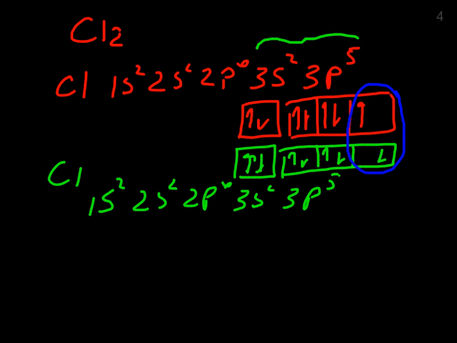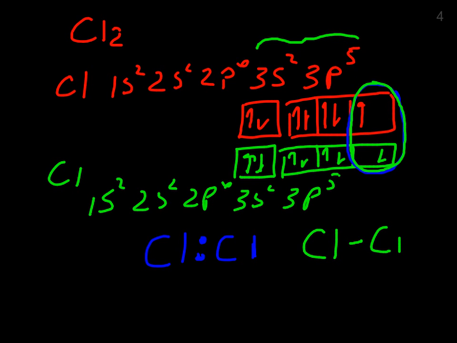If I were to draw this, I would represent it with the symbol chlorine, 2 electrons between it, showing the bond that formed, a sharing bond. Another way that is probably more commonly drawn to represent a chlorine molecule is a dashed line. But that dashed line signifies the sharing of the electrons in one of those orbitals, giving each chlorine an octet. If I could look at what this molecule would look like, there would be a positive proton from one nucleus from one chlorine, another one from another, and then